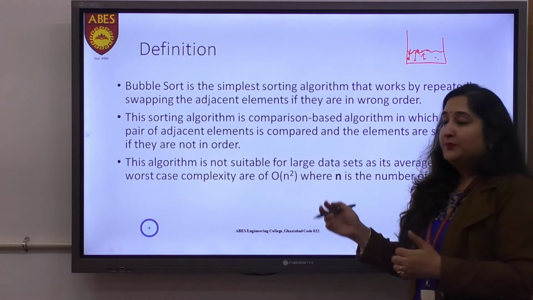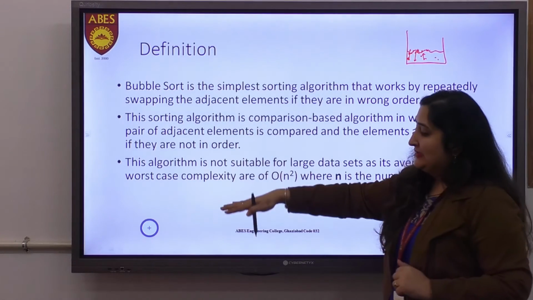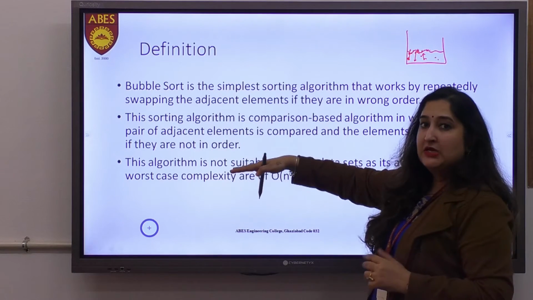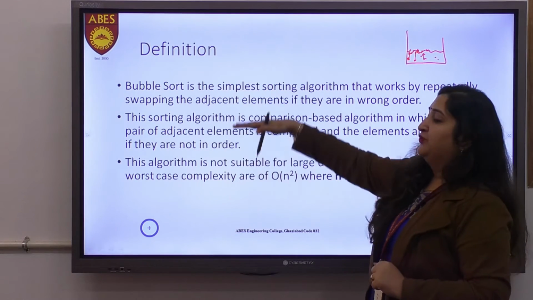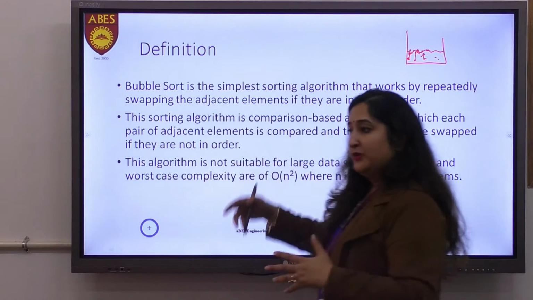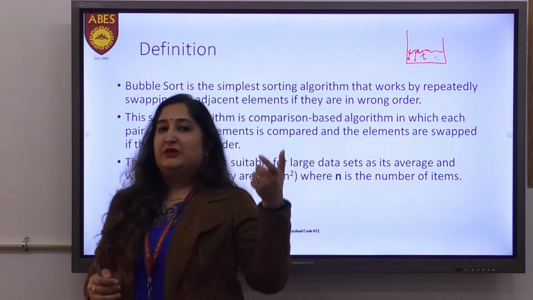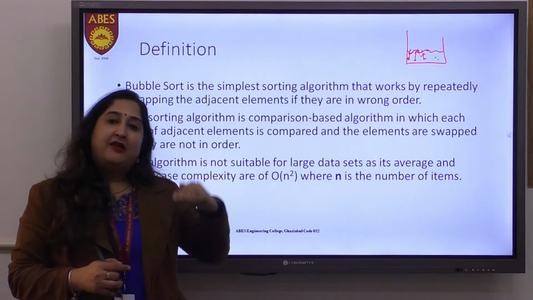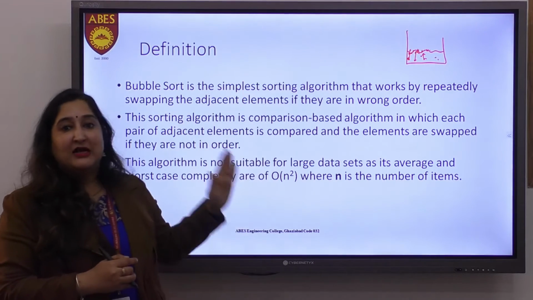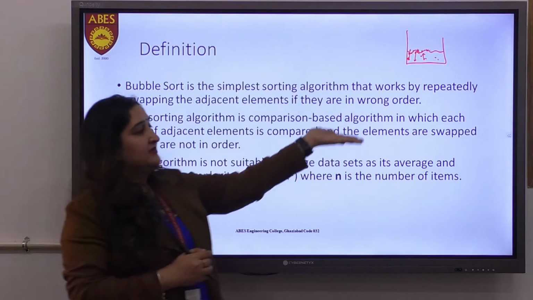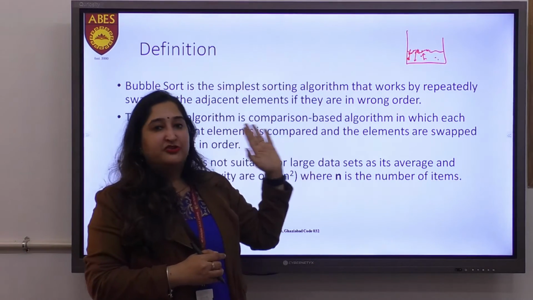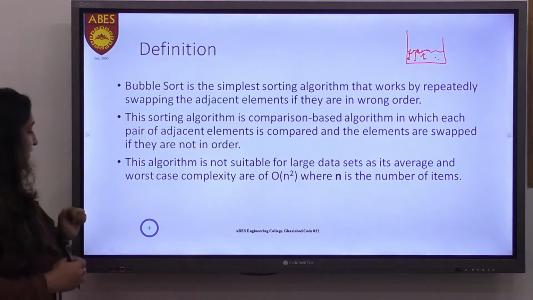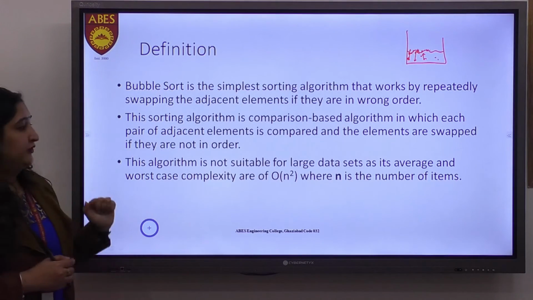What does bubble sort do? After every pass, it raises the smallest or the largest element to the top. So how does it work? After every pass we take the first element and we take the bubbles, and whatever the largest element is will rise to the top, or in the case of an array, will rise to the end of the list. So how does bubble sort work?